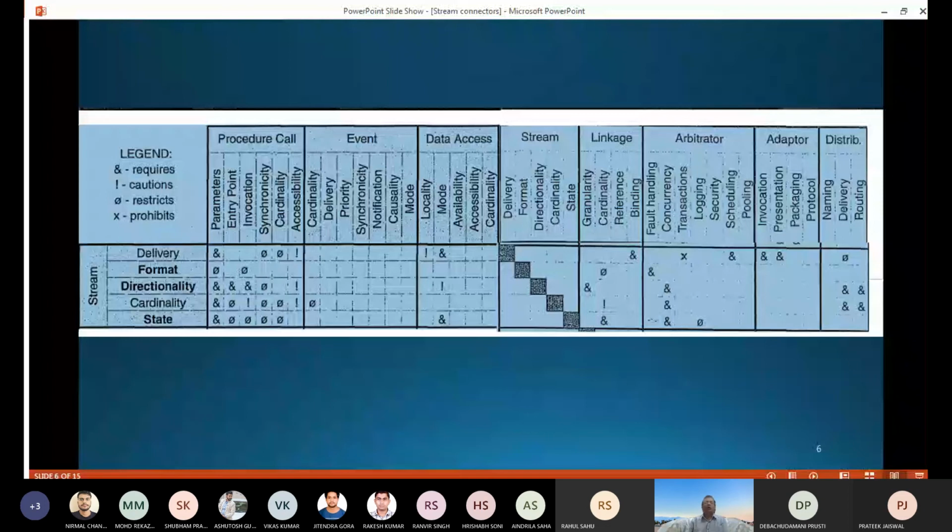So anyway, we have made a lot of discussion on it. Please try to read yourself. We'll definitely ask question in the exam. 1 or 2 questions will be coming. Row wise procedure, column wise stream. Row wise distributor, column wise procedure. So something like that will be definitely and fill up the matrix. So question will definitely come. So prepare yourself, make a note at home, don't overlook it. Okay? Prepare note at home.